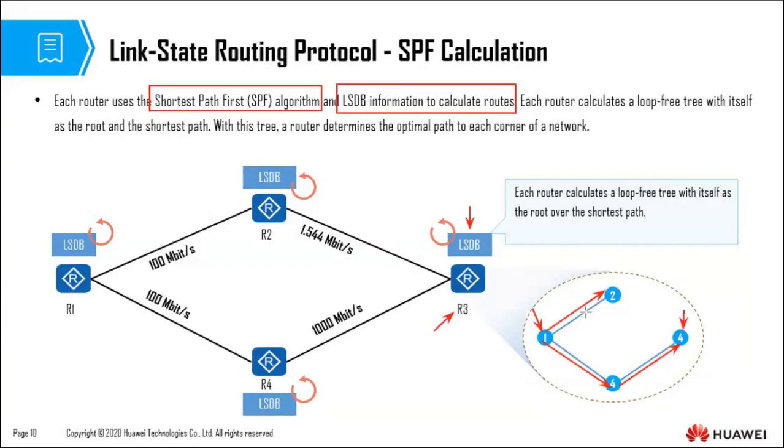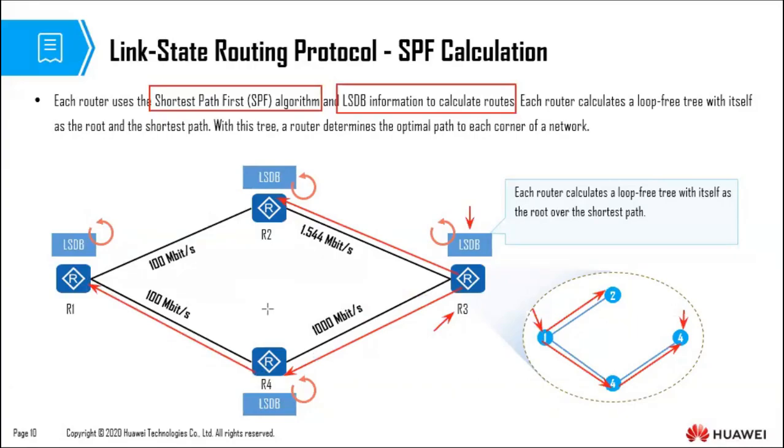Okay, so really that is how this works. So once you've calculated this, now you're going to install this because they are the shortest path to each of the destinations. You're going to install this in your routing table as the optimal path. So we're simply saying that when R3 has a packet that is supposed to go to R2, maybe it will just send it like that. If it has a packet that is supposed to go to R4, maybe it will send it like that. If it has a packet that needs to go to R1, it's going to send it maybe through R4 and maybe send it here. So everyone creates their own